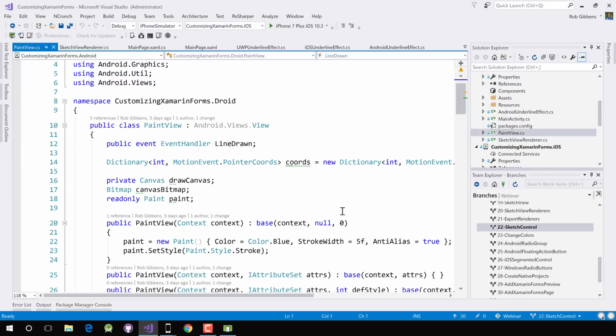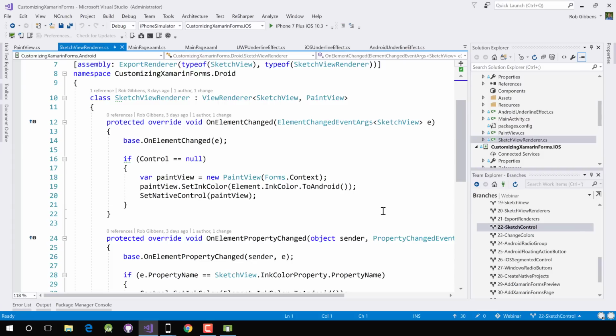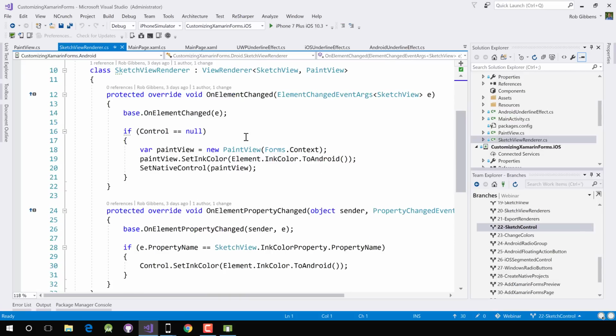You could put it right into your AXML files. Let's go back to the renderer. And in the renderer, we have a few overridden methods, including onElementChanged. So there we're going to take a look at the control, and the control is going to be our paint view. And as long as we don't have one of those, we're going to create a new paint view,